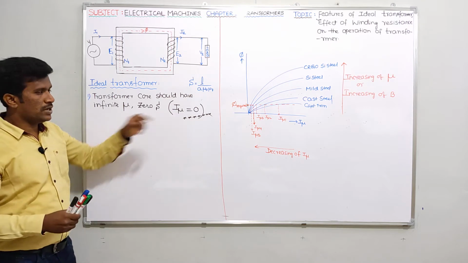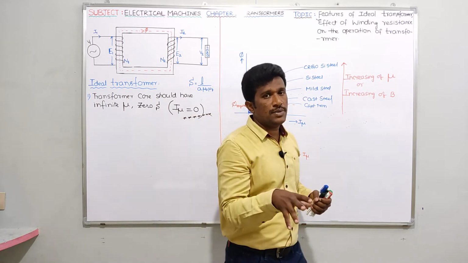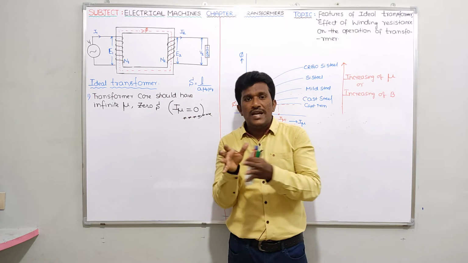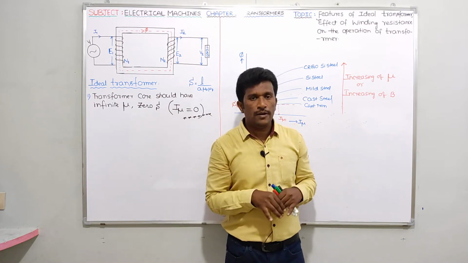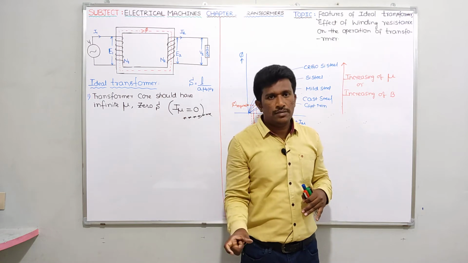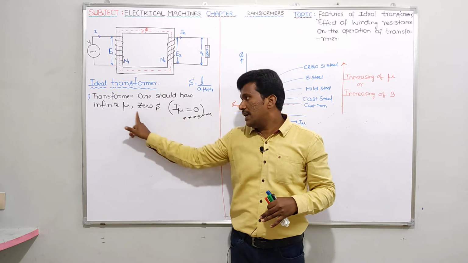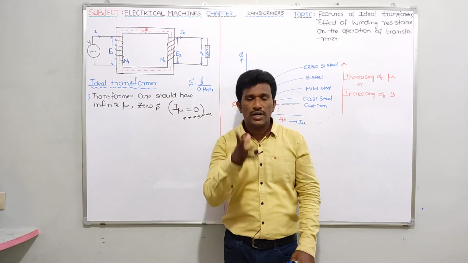I have been discussing this point because in so many examinations they will give it like this. Suppose if you see GATE examination or ESE questions, they will simply say "figure shows ideal transformer." You should understand by yourself that for an ideal transformer, permeability is infinite and reluctance is 0. What is the value of I mu? 0. That you should understand.